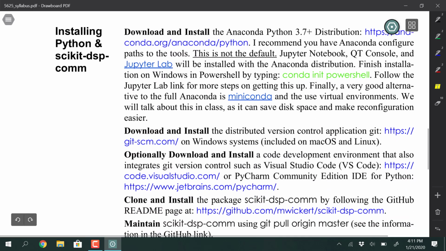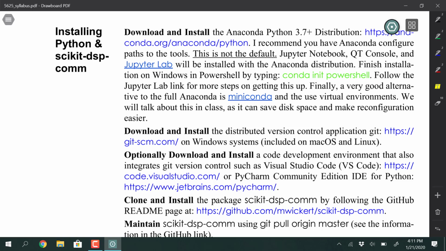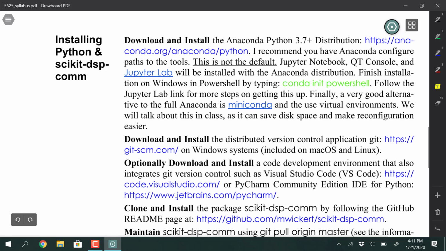It's exciting, I think. So we're going to run out of time. We have 10 minutes left. So I'm going to just briefly look at this. I want you to kind of focus on this between now and Thursday and just see where we're at. I'm giving you some specific instructions about how to get Python up and running and what you have to do to install it. So I'm recommending Python 3.7 Plus,